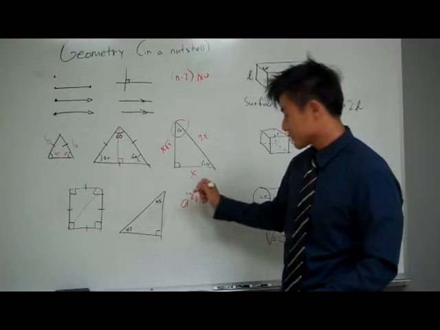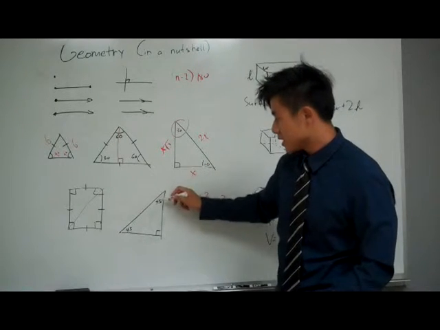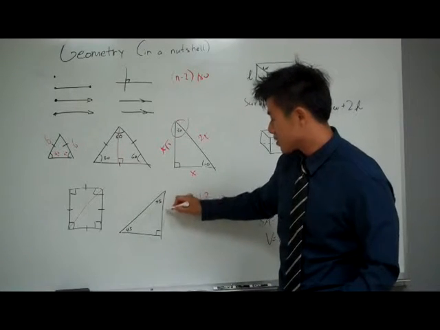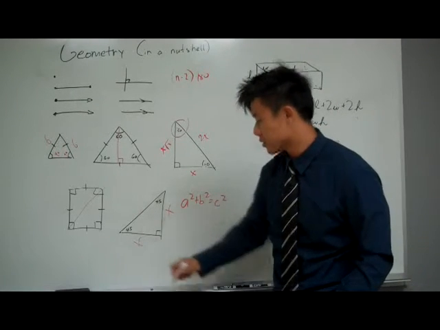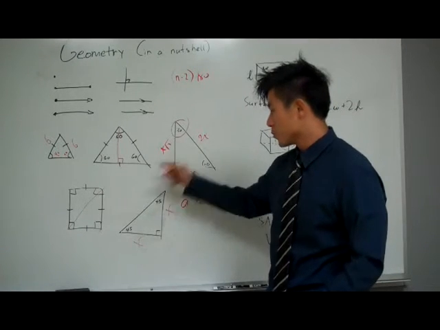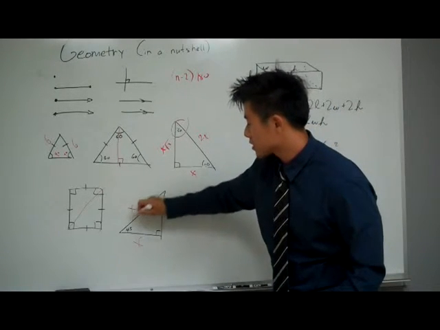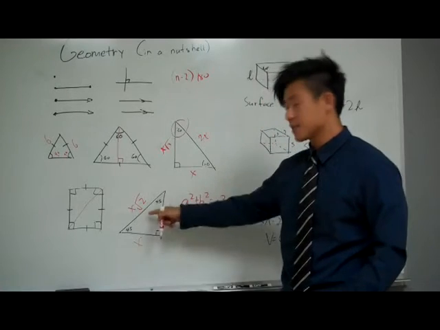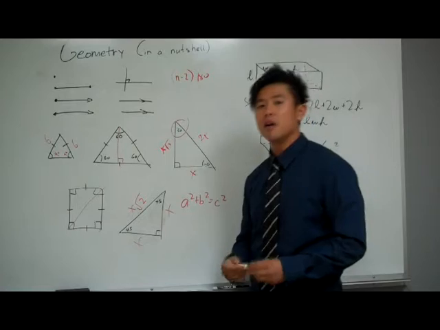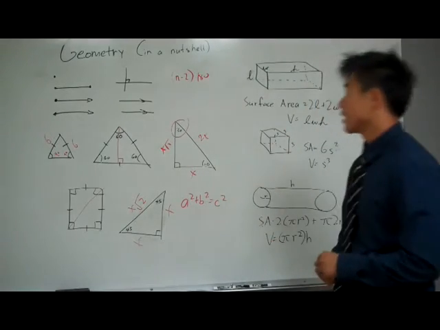And in this case, because it's 45, 45, it is also an isosceles triangle, and it also means the sides are the same. So let's give it x, x. In this special right triangle, we have x root 2 as the hypotenuse. Okay, keep that in mind. This will save you lots of time on your problems. Okay, now moving on to